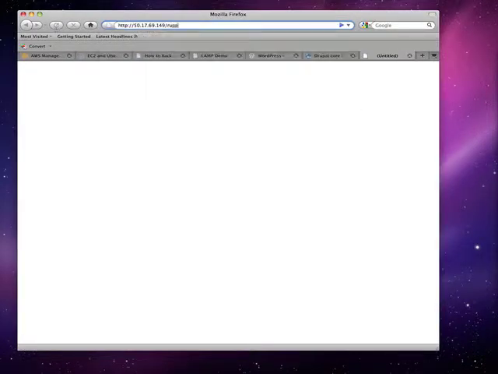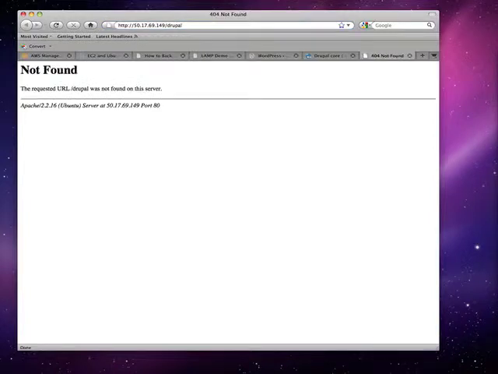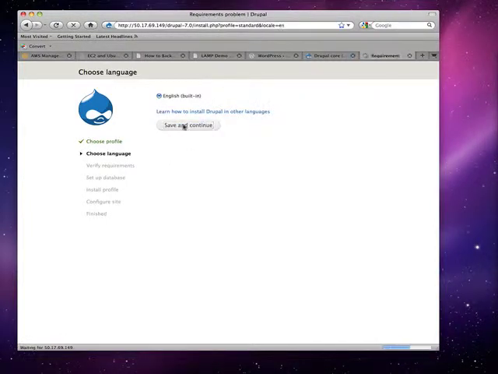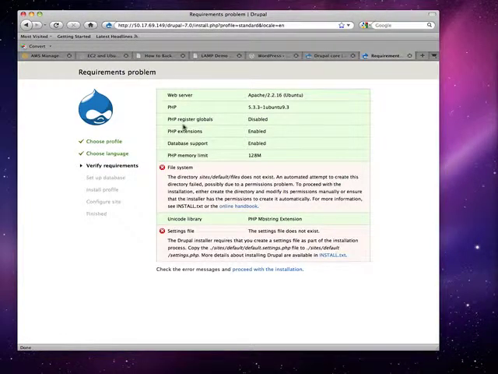Take this. No, it won't. Anyone with any bright ideas there? -7.0. That is why it's not done. So if I renamed it standard, save and continue. This is another pane. Okay.